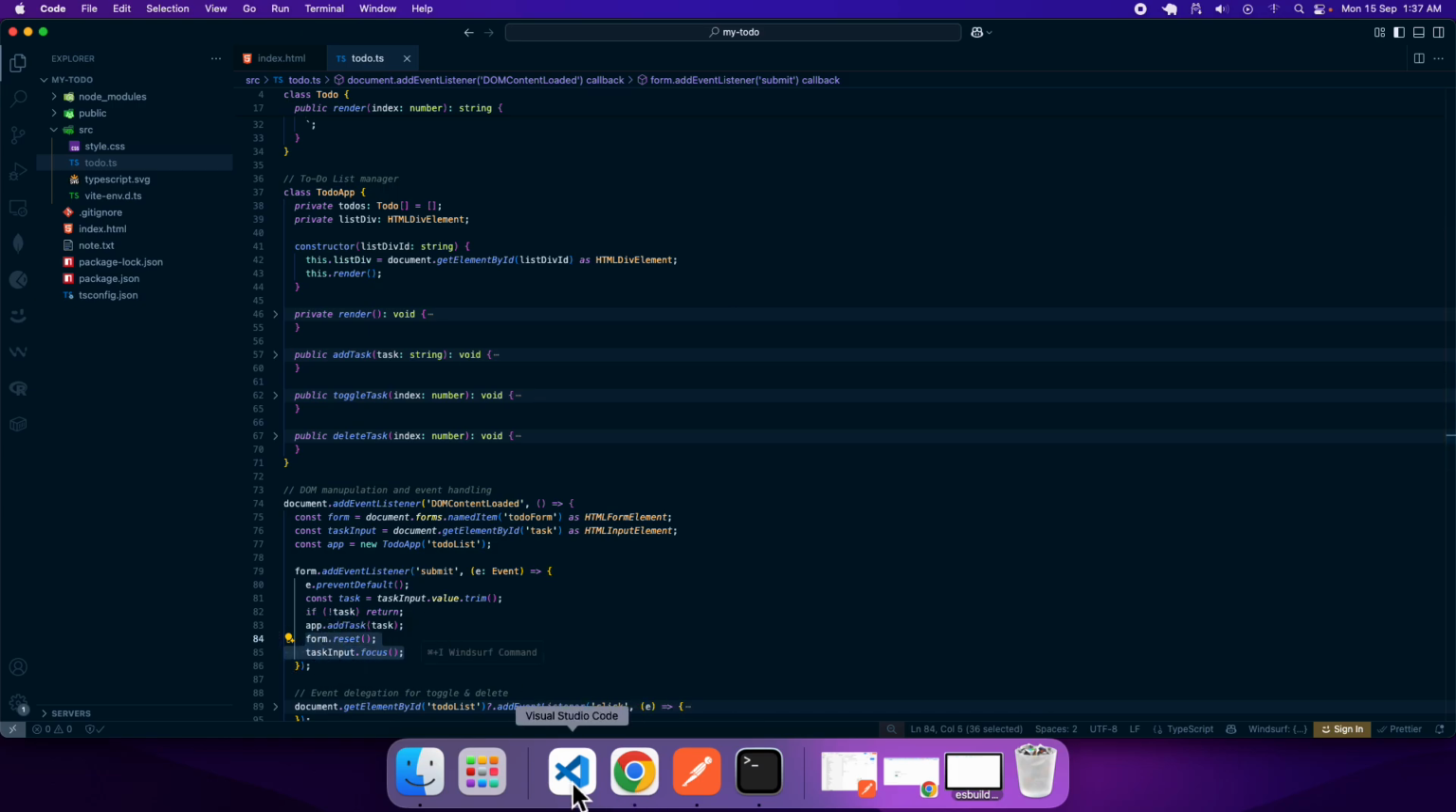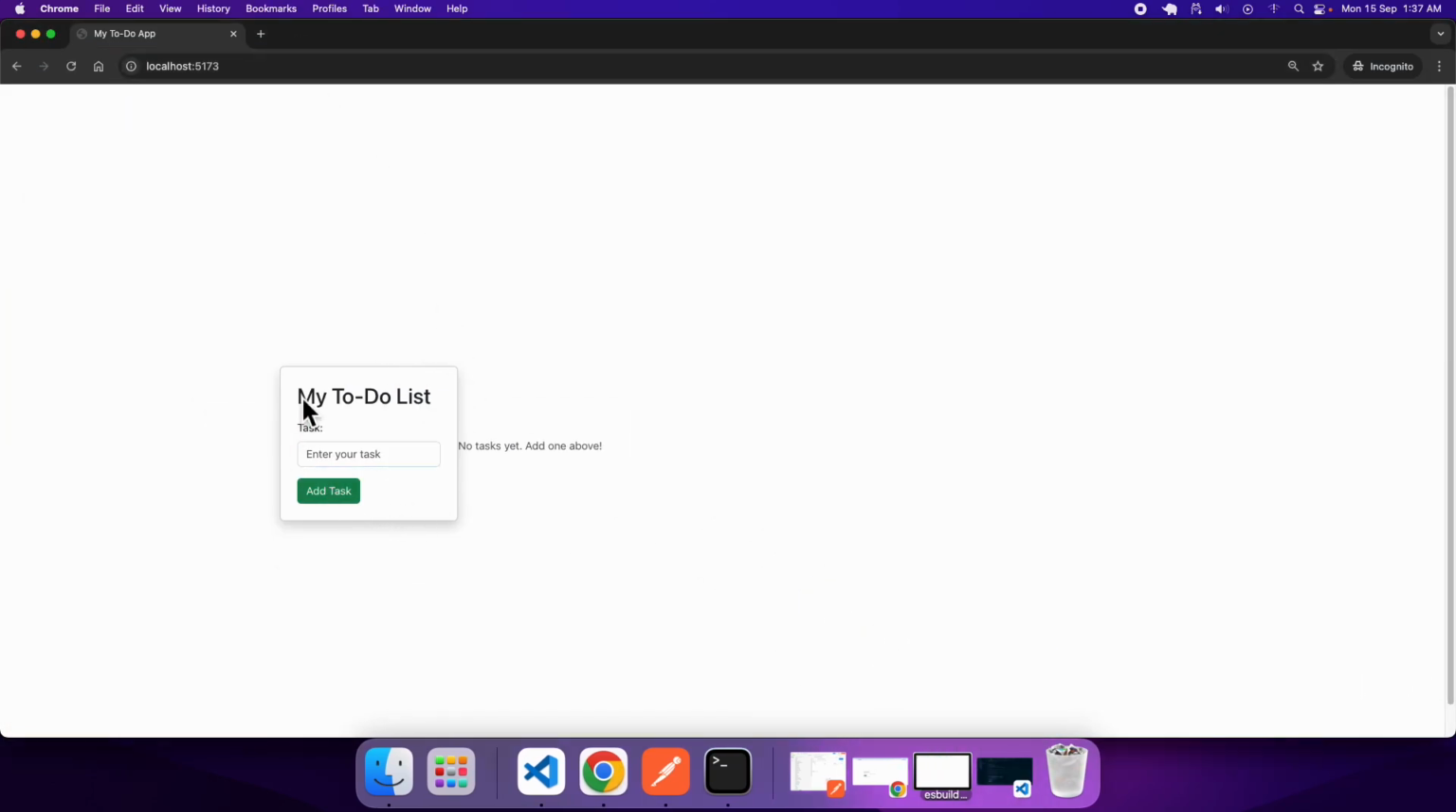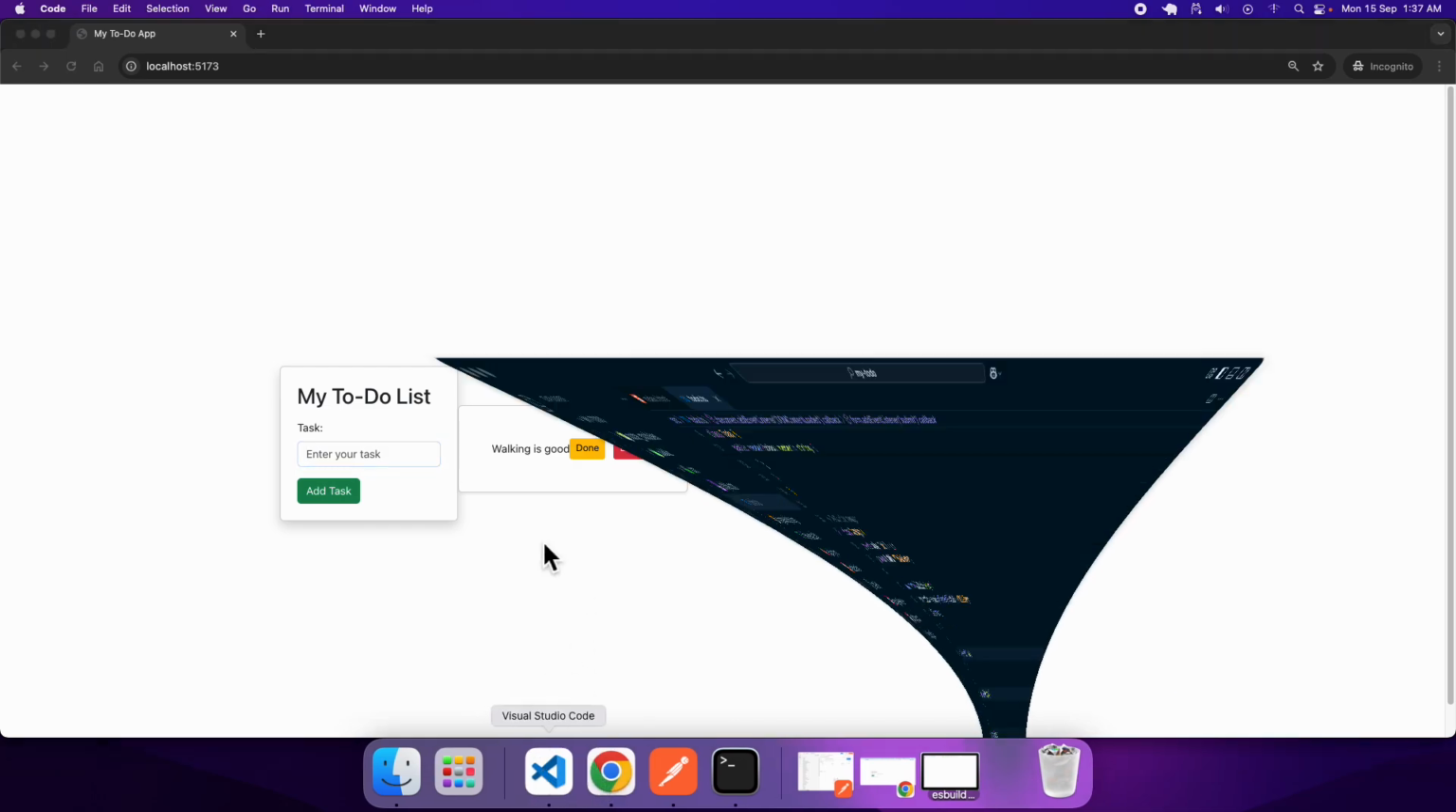So let me run the code once again to show you how exactly this is working. And here it comes. As you can see, initially this is the dialog box. If I enter "walking is good" and I click on this, the moment I do that, what we can see right over here is